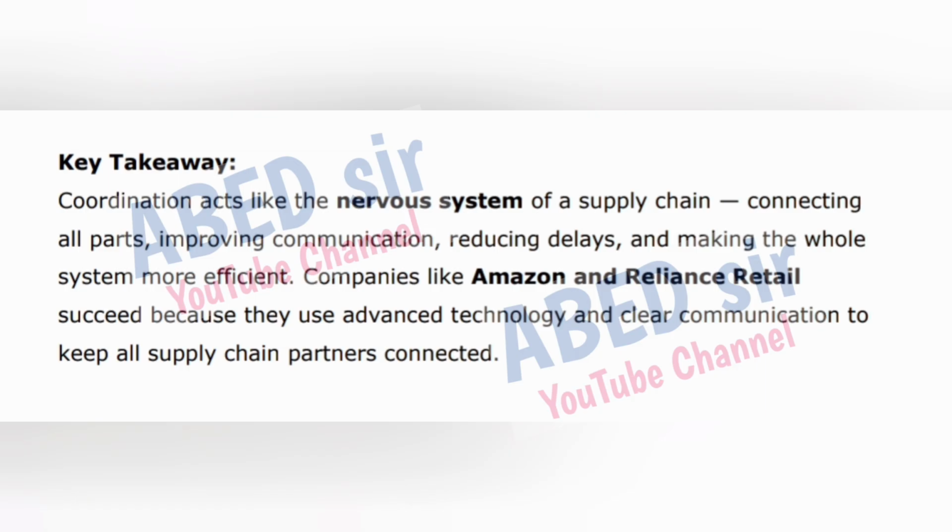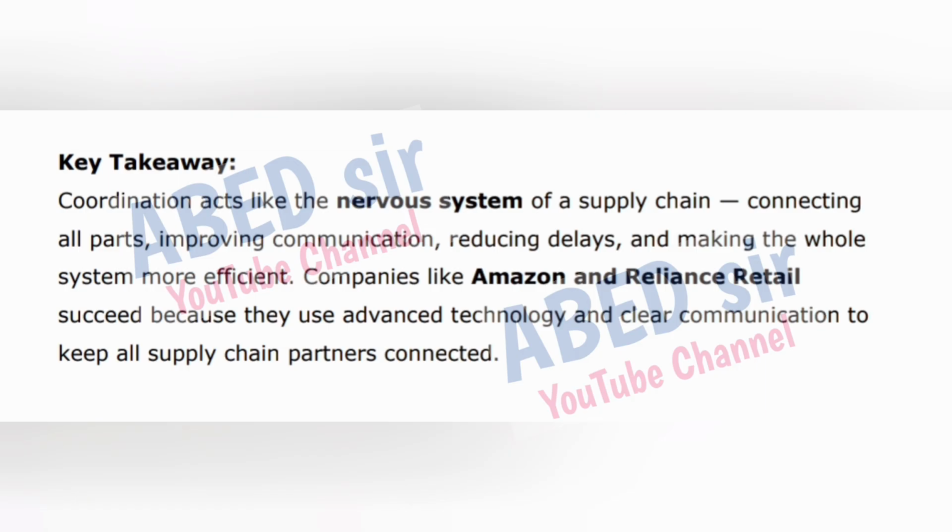Key takeaway: coordination acts like the nervous system of a supply chain. Connecting all parts, improving communication, reducing delays, and making the whole system more efficient. Companies like Amazon and Reliance Retail succeed because they use advanced technology and clear communication to keep all supply chain